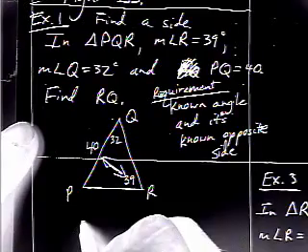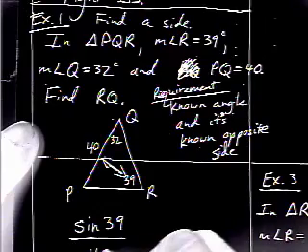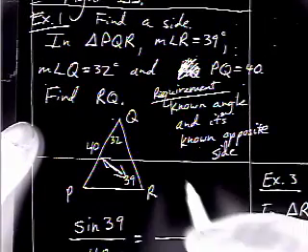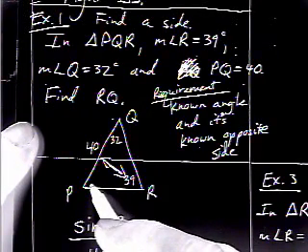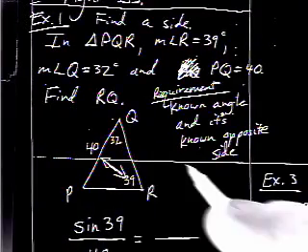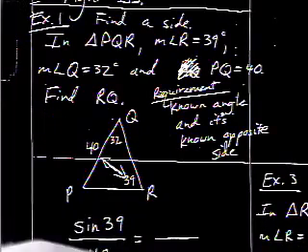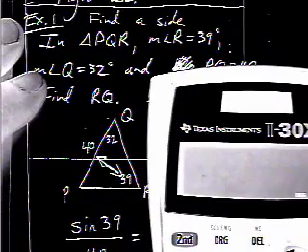Well, so I can do the sine of angle 39 divided by its opposite side, but I'm trying to find side RQ. Do I know the angle across from it? Well, at first it looks like I don't know that angle, but I really do, because I have two angles in the triangle. So, using my powers of geometry and knowing that triangles all add up to 180, I can